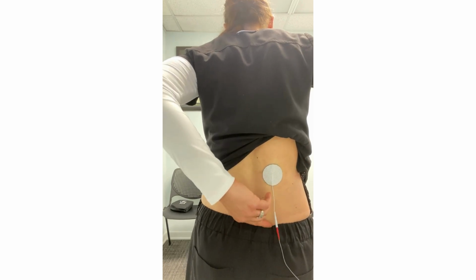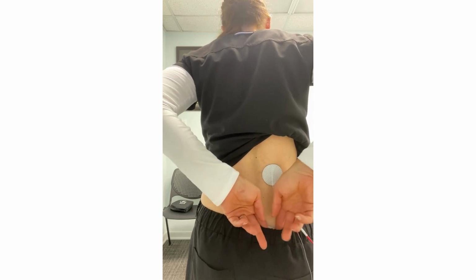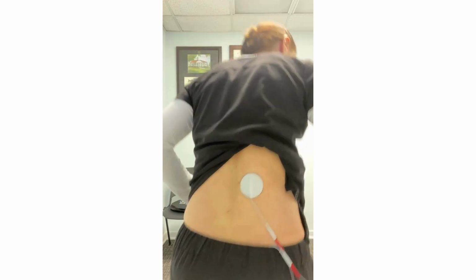Then we're going to slide all the way down. I'll go just below my pant line and place the pad there. You want to make sure it's got good contact. And then with that,